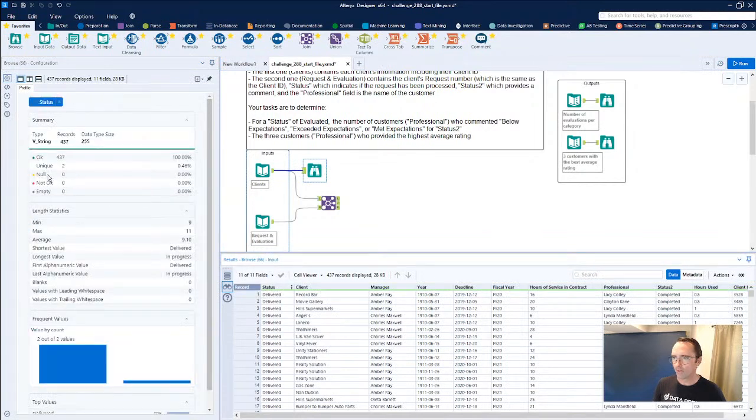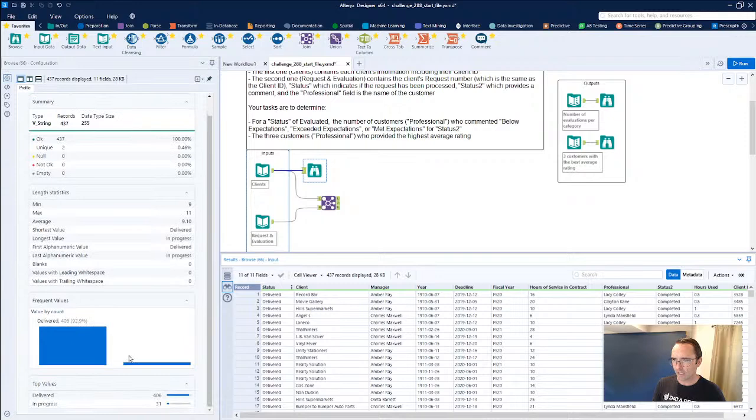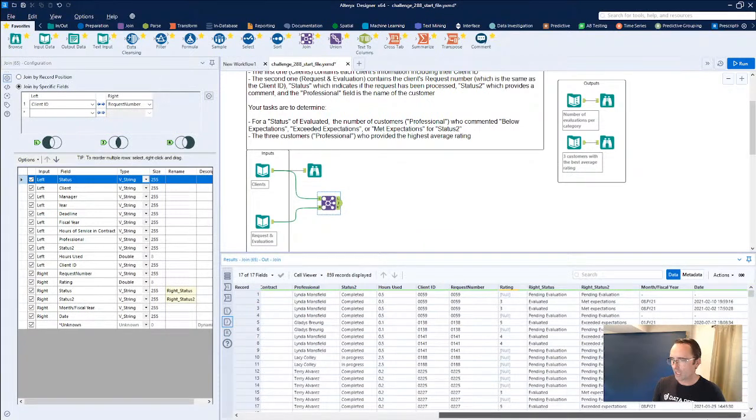One final little check, doing our status check and our summary on this. Looks like we are looking at 2 values for delivered or in progress only. So out of the matched records, we want to take the status here, the right status, and look for the ones that are evaluated, for the status of evaluated. So that's kind of our key